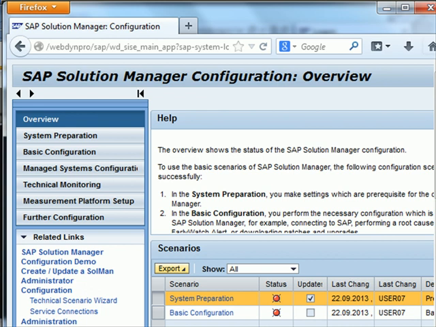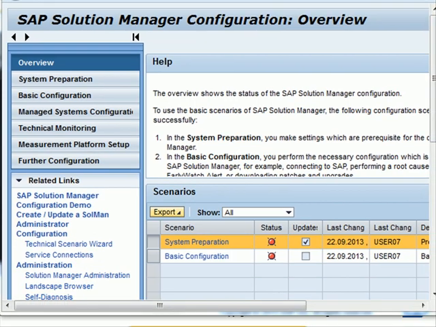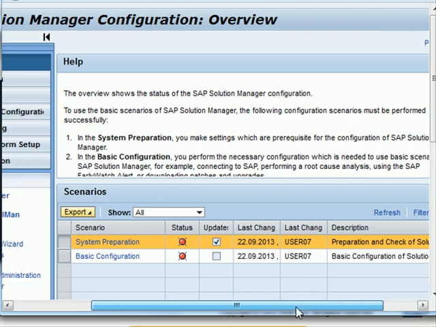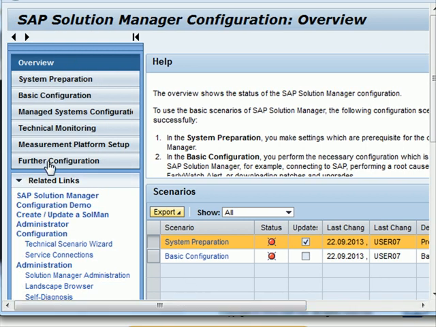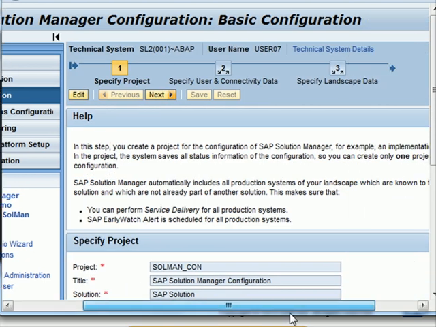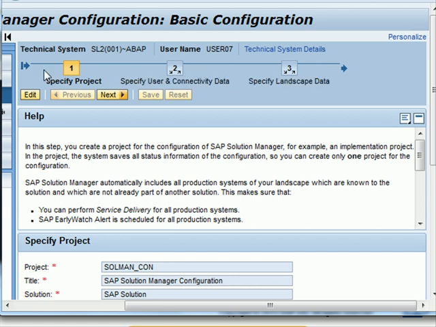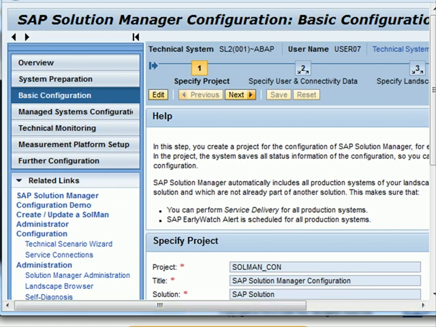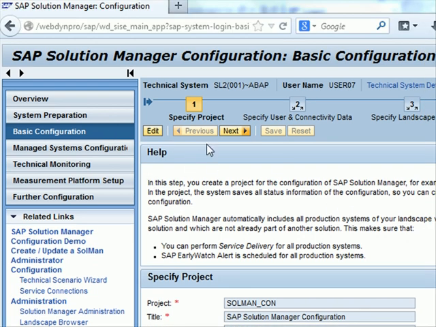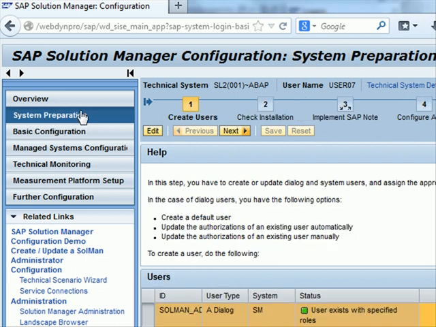So this is the view of my Solution Manager configuration. These are all the tabs I need to go through. If I go to basic configuration, I get my guided procedure for carrying out different tasks. Some of these steps in the initial basic configuration we've seen before, like transaction SMSY, to check whether the Solution Manager figures in the system landscape, and the OSS connection test with SAP. All those are covered as part of